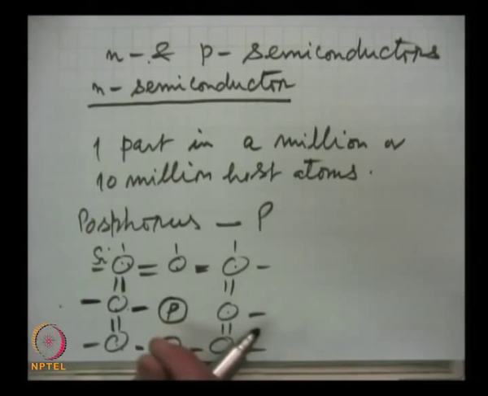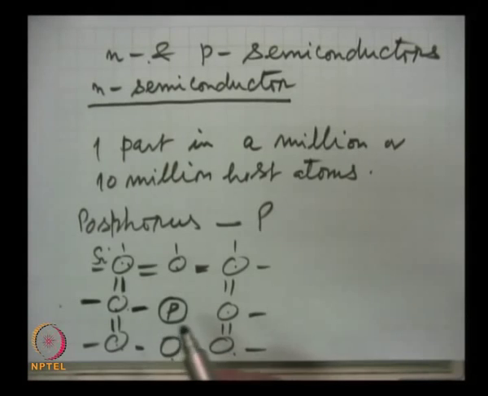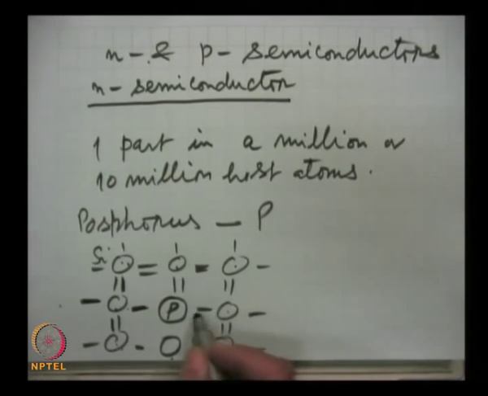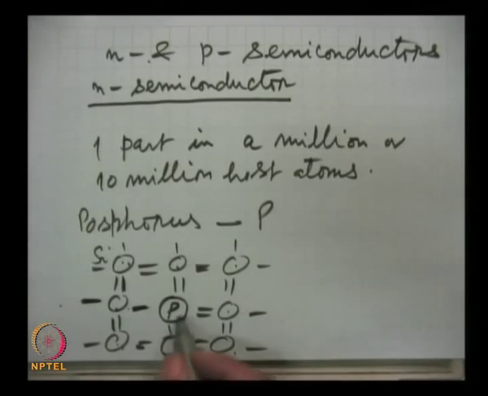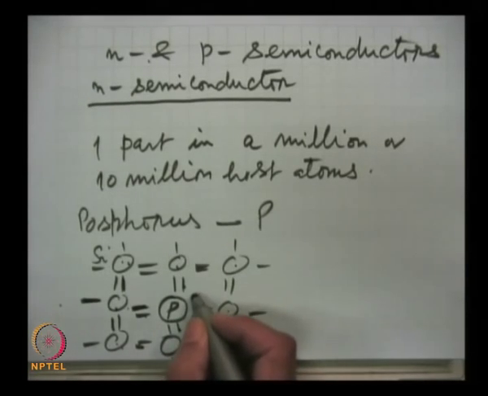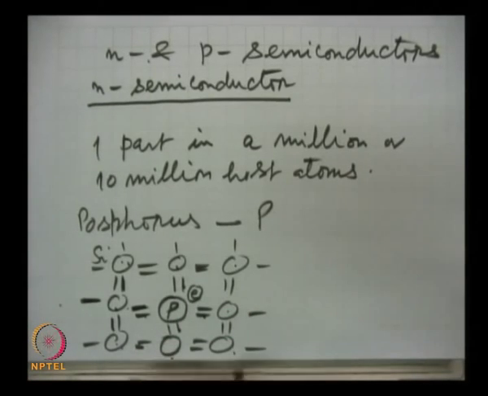Now, phosphorus being pentavalent, it has 5 electrons in the outer shell. Out of these 5 electrons, 4 will form covalent bonds with the neighboring silicon atoms. One electron is here, another is here, one here and one here. The 5th electron is extra, there is no energy state available to it, and it is very loosely bound to the parental